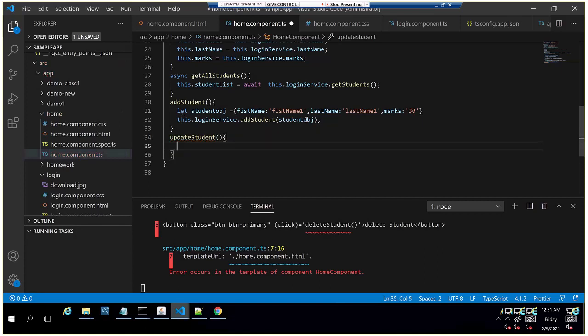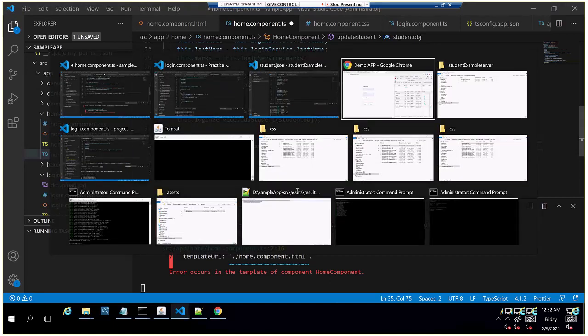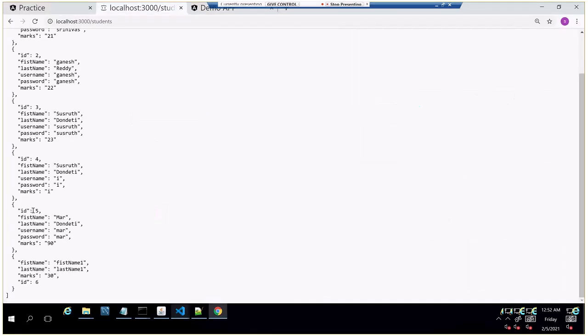What we'll do is we'll update one existing record. The existing record ID we need to pass and the updated name we need to pass. Suppose the first one only we'll take.